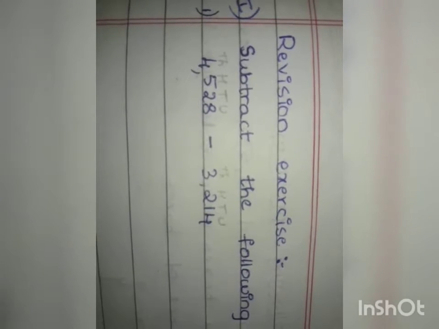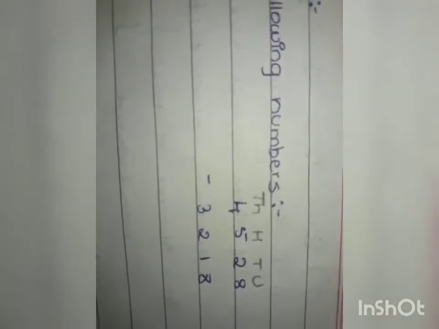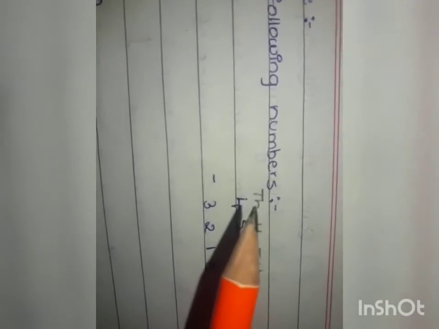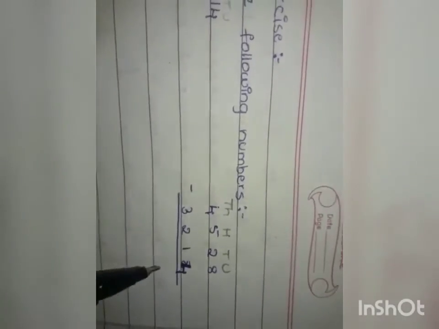See, I have written the place values of the numbers above them. So according to that, we'll write down how to subtract them. I have written the numbers to be subtracted under their place values: units, tens, hundreds and thousands. So we'll go on subtracting them. See, these are the numbers to be subtracted. So under the units, you have 8 and 4. From 8, we have to subtract 4. 8 minus 4 is 4. So let me write down that 4 here.